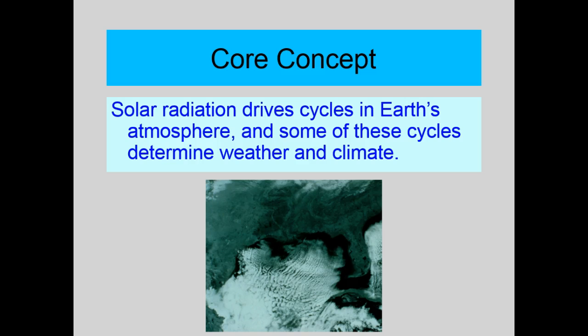All right. It says solar radiation drives the cycles in the Earth's atmosphere. It does, but other things drive it as well. For instance, the spinning of the Earth. And this is some part, I think, the previous chapter would have talked about, but we're not doing that chapter. Because the Earth is spinning like this,